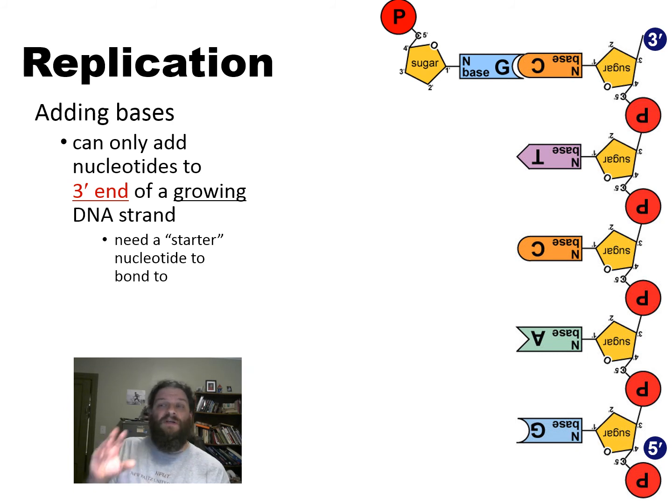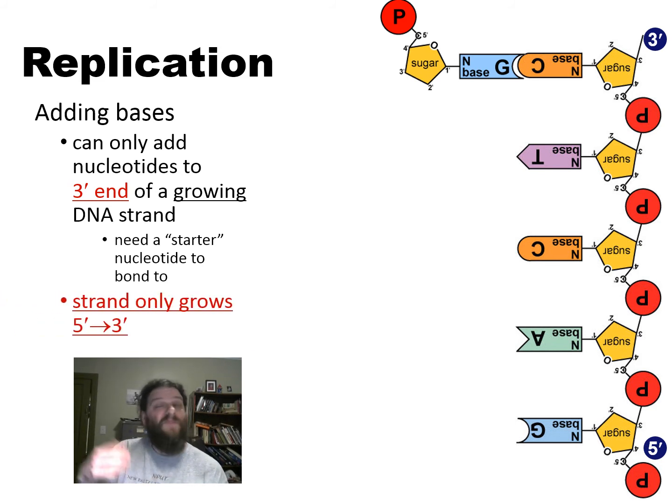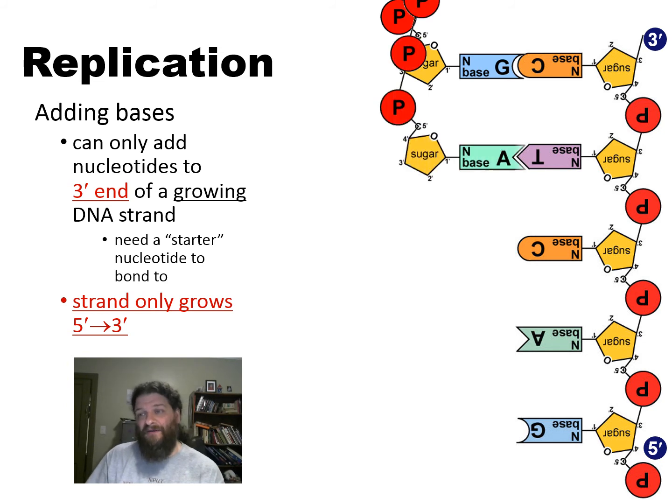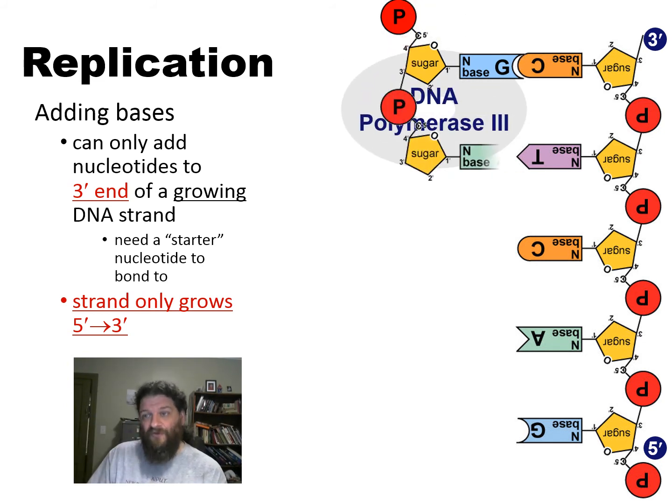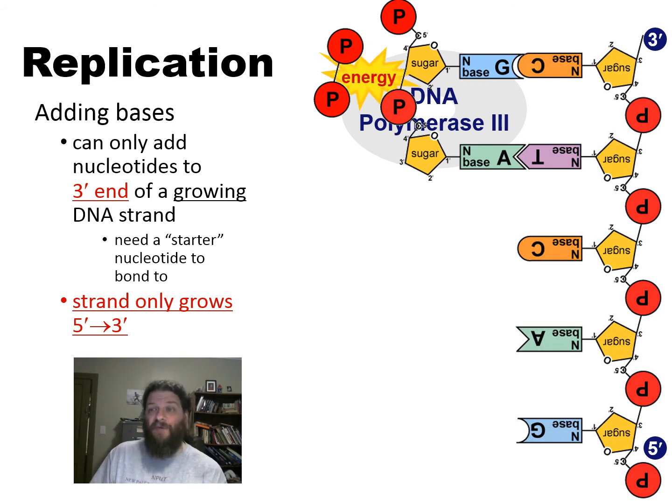So the problem, of course, is that you need, and we're going to talk about this in a moment, some sort of starter, because DNA polymerase 3 needs a 3' sugar there in order to bond to. This way, the strand only grows from the 5' end to the 3' end. So it's kind of being added onto that 3' end. And the DNA polymerase 3 comes in and it's going to clip those two phosphate groups off. There's the energy, and use that to bond the